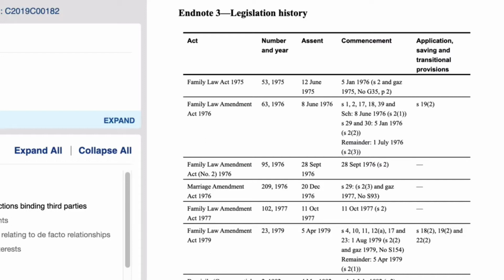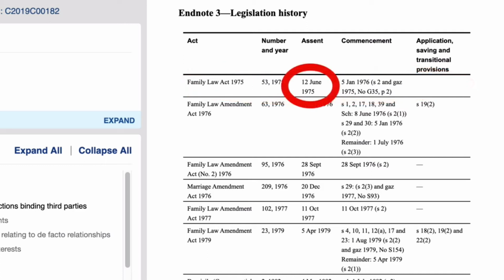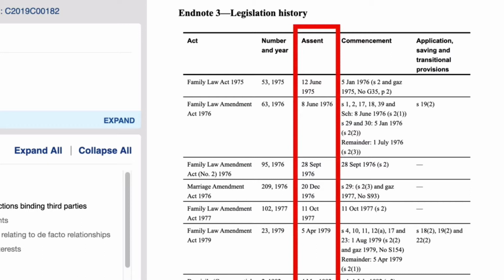The first entry at the top of the table is the Principal Act itself. Here you will find its dates of assent and commencement. Note that the provisions of an Act do not always commence at the same time. The rest of the table lists all the acts that have amended our Principal Act from earliest to latest. For each amending Act, the table shows the dates when each amending Act was assented and when each of its